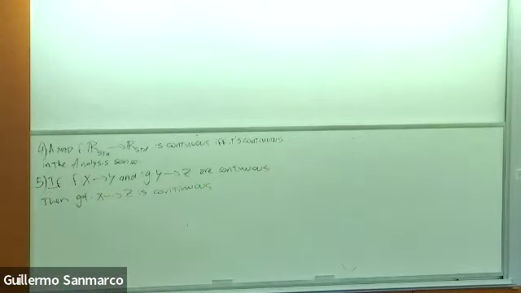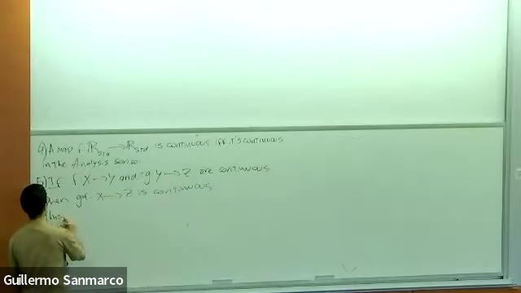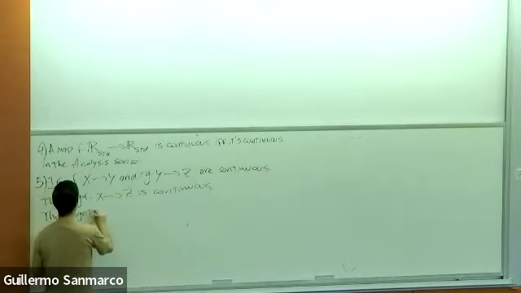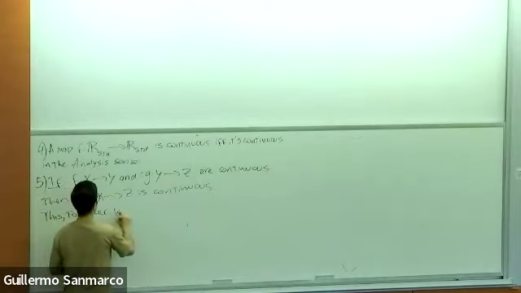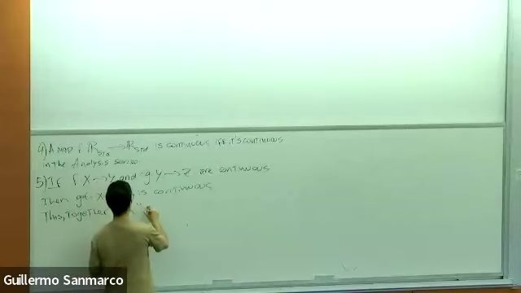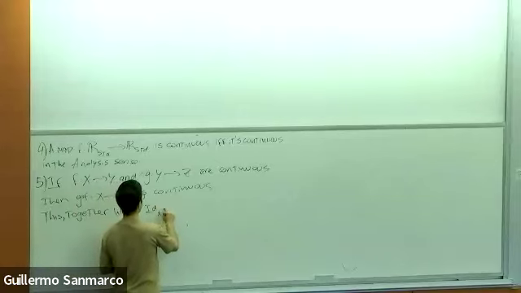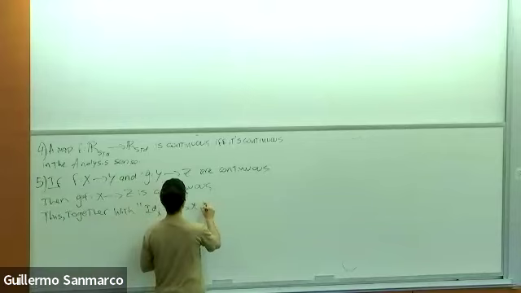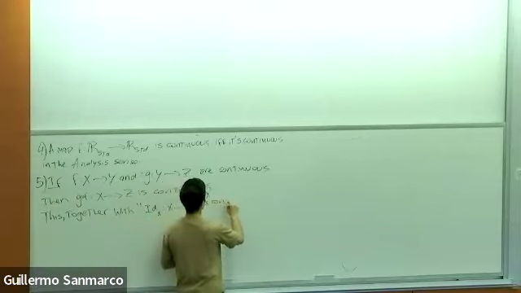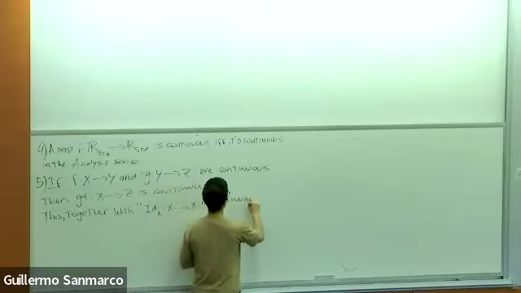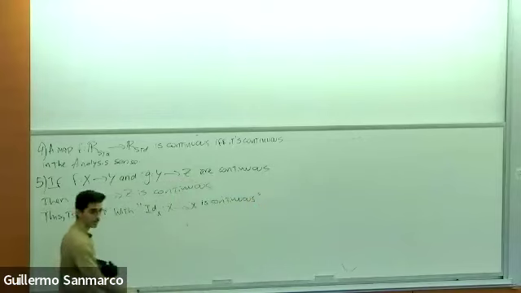I'm only saying this because it's a good exercise, but the thing I want to say very briefly is that this, together with this old fact we said before, that the identity of X going from X to X is always continuous,